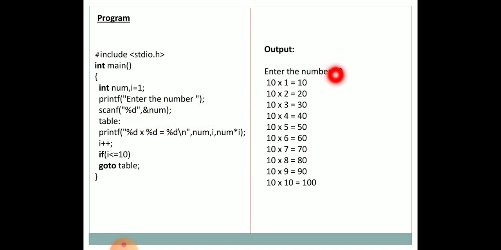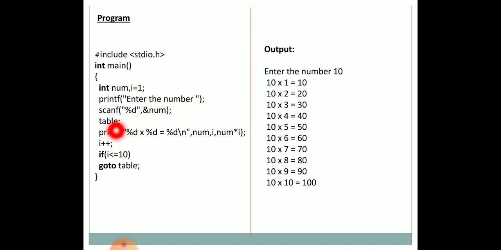So see the output. If the value given by the user is 10, then num will be assigned the value 10. Now the value of num is 10 and the value of i is 1.